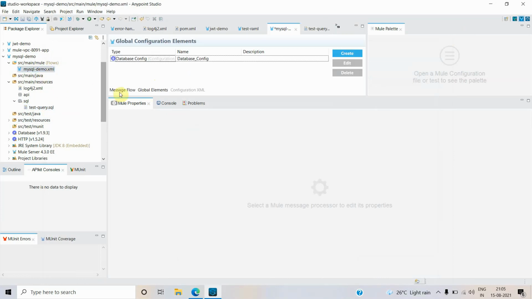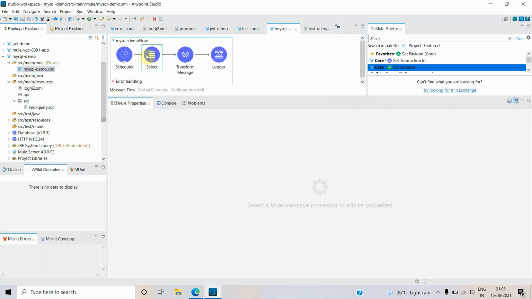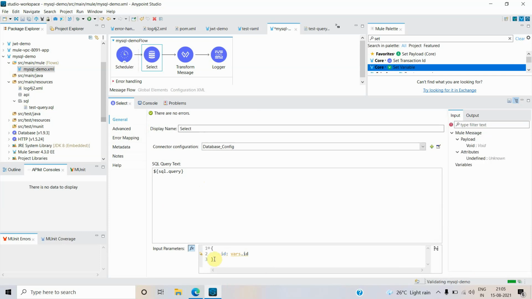Then I can go to this particular flow and go to the select statement. In select, I don't want the variable this time, so I can remove this. I can stop this. Now I can say dollar curly bracket file colon colon SQL, then the file, you can say test query dot SQL.